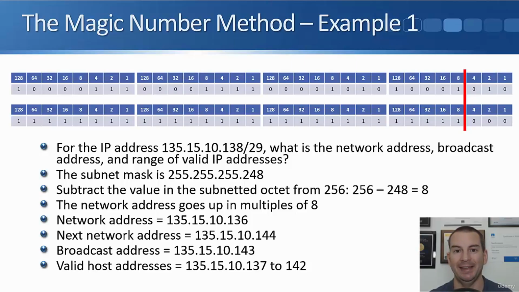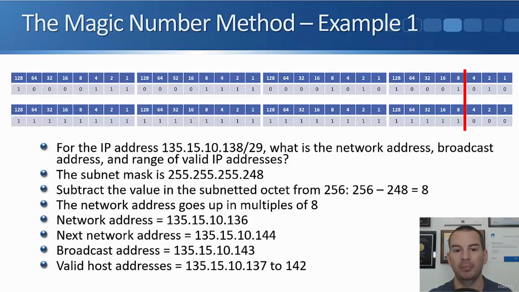So a /29, if we wrote that out in dotted decimal notation, it's 255.255.255.248. And what you do with the magic number is you take the value in the octet that is being subnetted, so 248 in this case, you take that away from 256. So 256 minus 248 gives you 8,